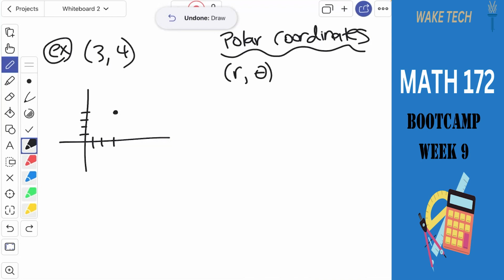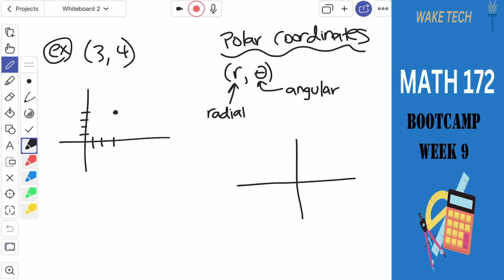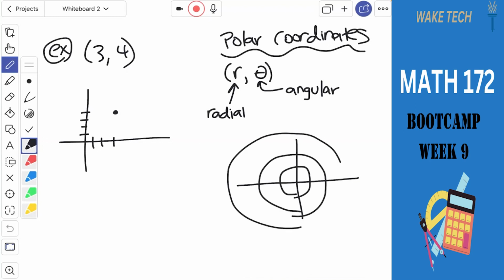What we do is the r value is called the radial coordinate. The theta value is called the angular coordinate. And the plotting system, it's not labeled as an x-axis and a y-axis, it's actually a series of circles. And so if we wanted to plot the point